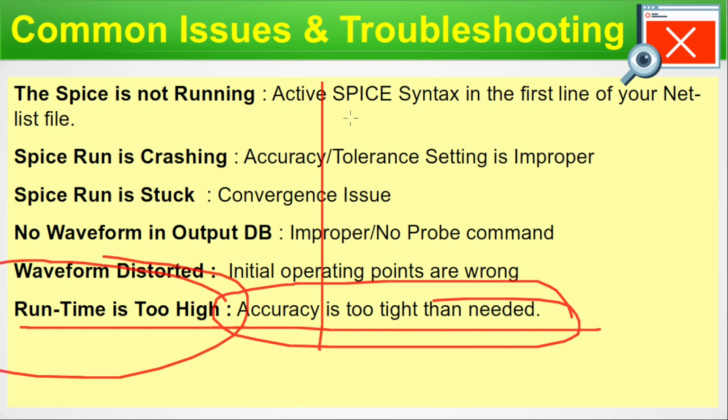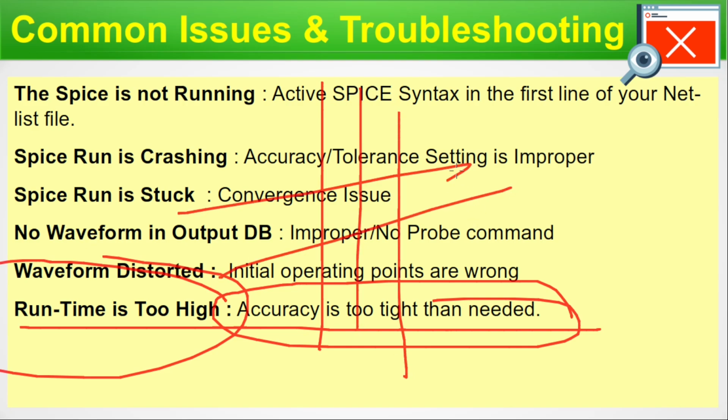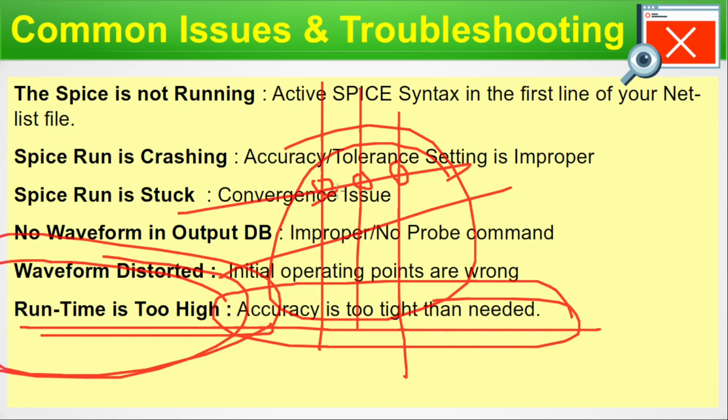As I said earlier, there is a matrix calculation that happens inside SPICE. Every node is taken care of, and for each node there will be a data matrix, which has to be solved by the matrix method. Now, if you set too tight a high accuracy, these solutions will take time by the mathematical engine inside SPICE, and this is the reason your SPICE run becomes too slow, because you have set the accuracy high,